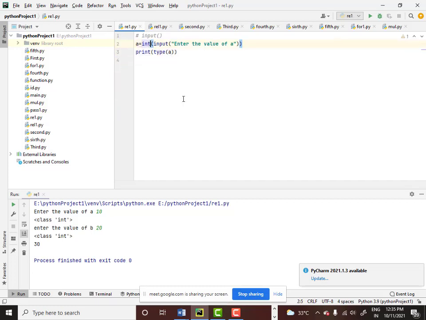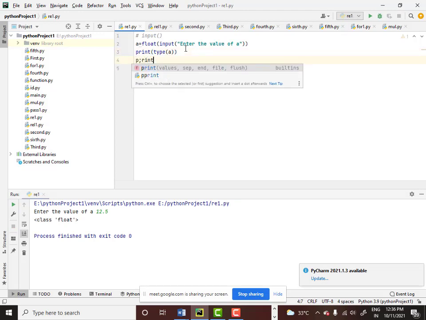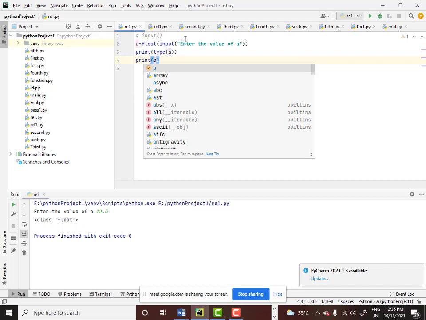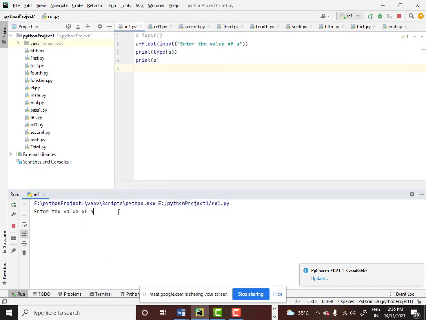So instead of int, I can use float. Now when I run this, I am giving the value of a. Now I can say 12.5, and it is going to give me the class as float. Now I'll print a. I'll give 12.5 as an input, and it gives me 12.5 as an output.